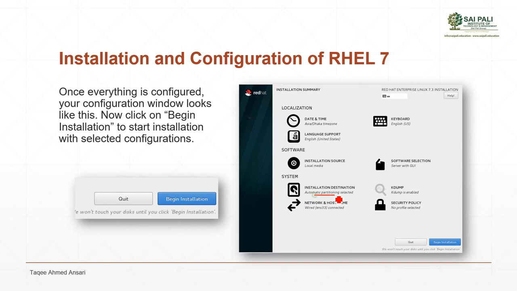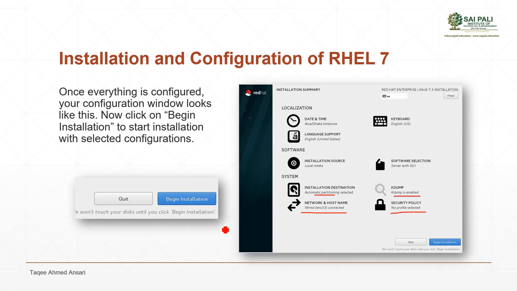After selecting that, this kdump, I have already said, it is enabled if you are having 2 GB RAM or more than 2 GB. If it is not, then it is disabled. Then the network option we have seen already. This option is extra, to select a security policy for your Linux system. If you don't select a security policy, then it is okay, but if you select, then you have some different default policies. You can even download some more security policies.